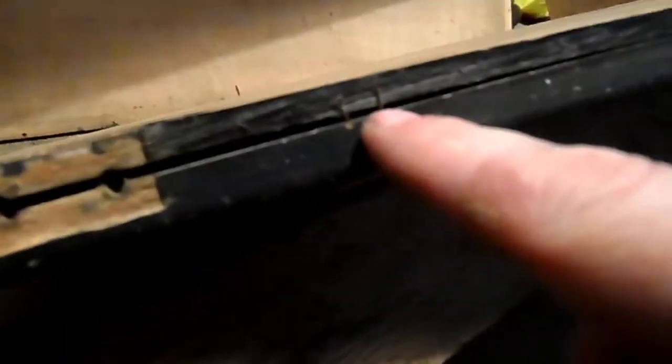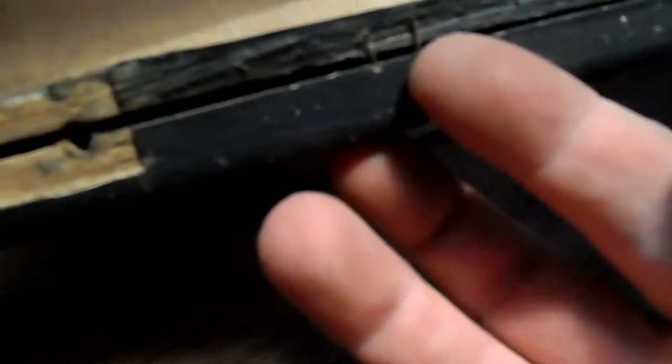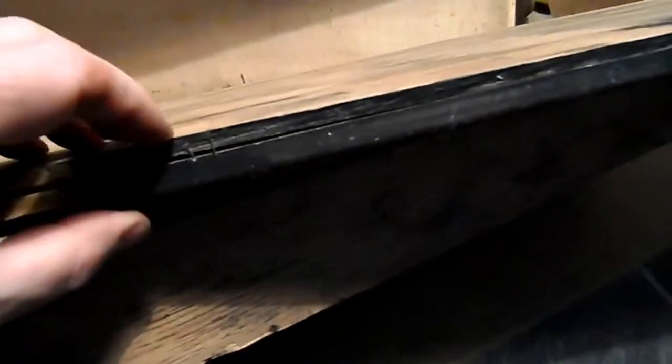I don't know if your camera will pick this up, but they've had issues with this, and they've used these small nails to try and reinforce it, and that's obviously not worked very successfully. They're of a much smaller size than these ones, so this box has either been fixed up a few times by different guys, or it's been cobbled together originally with just whatever they had available at the time. So yeah, I've now got a box of firewood,